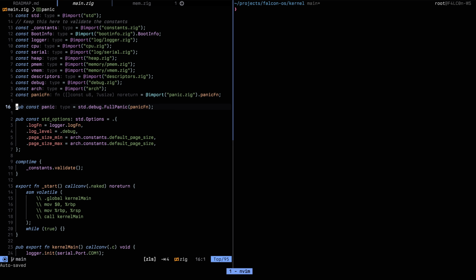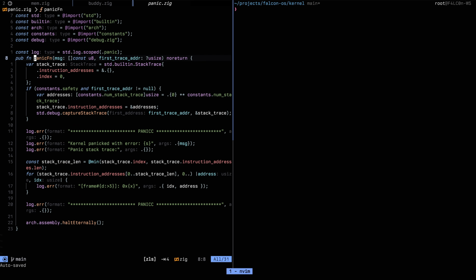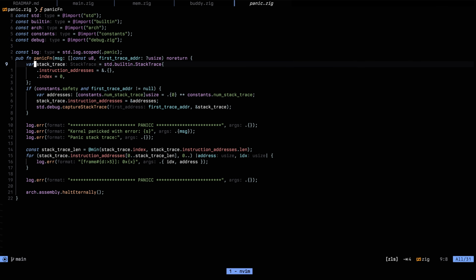So here it was as easy as doing this. You basically provide a panic function to this full panic handler here, and this full panic will take charge of formatting the panic messages and then passing them to the panic function. This panic function here I defined as, let me just zoom into this, as this. We basically get a message and an optional trace address and then we try to walk the stack from there